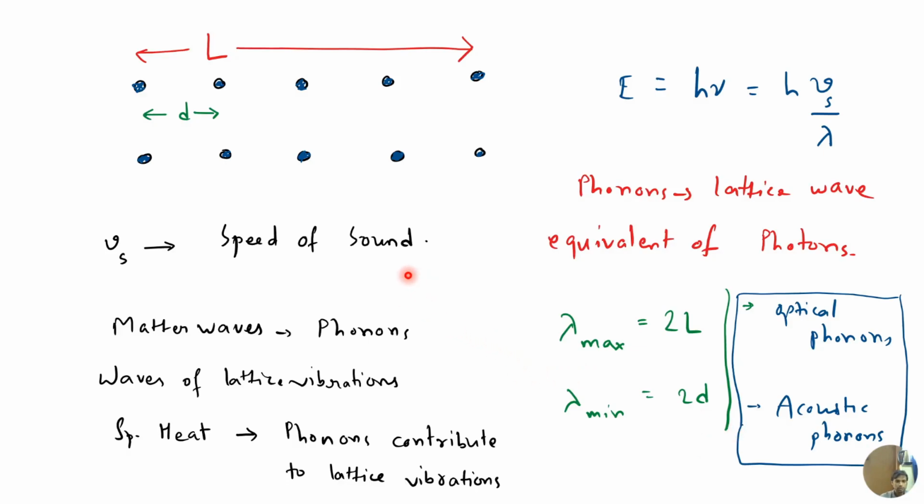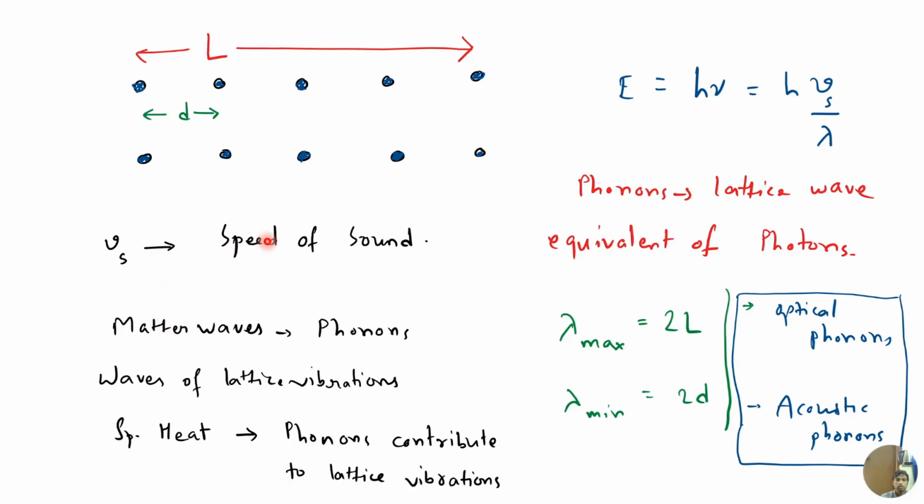Now we will talk about the crystals themselves. Let us say these are the individual atoms of the crystal. Any disturbance of this lattice can be transferred through the crystal by the vibration of these lattices, and that will be the speed of sound.